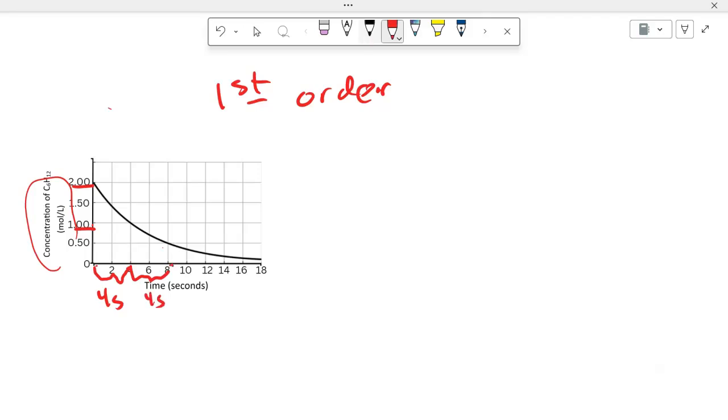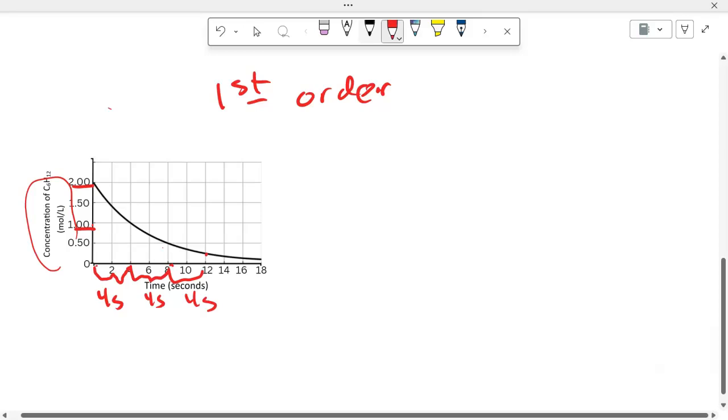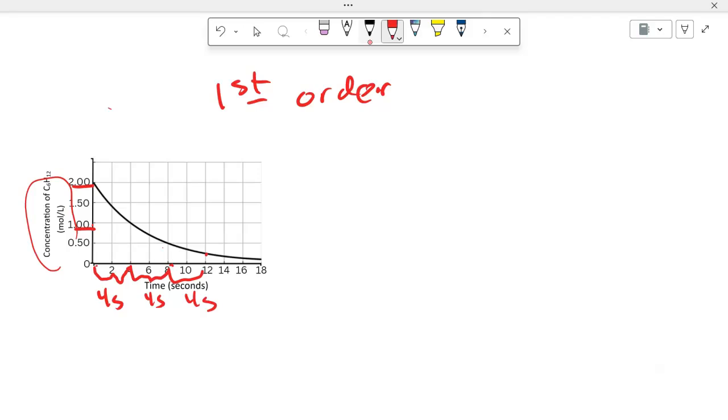Let's just check one more just to make sure. We went from 0.5 to about 0.25 there in another 4 seconds. So it's very clear that we have a half-life of 4 seconds. So we can use the back of our equation sheet, and we have this equation, t to the 1/2 equals